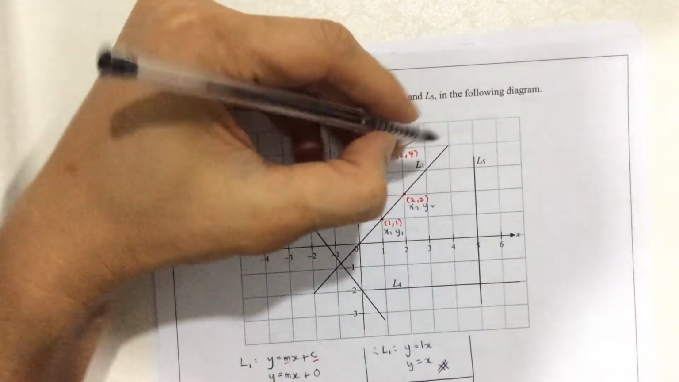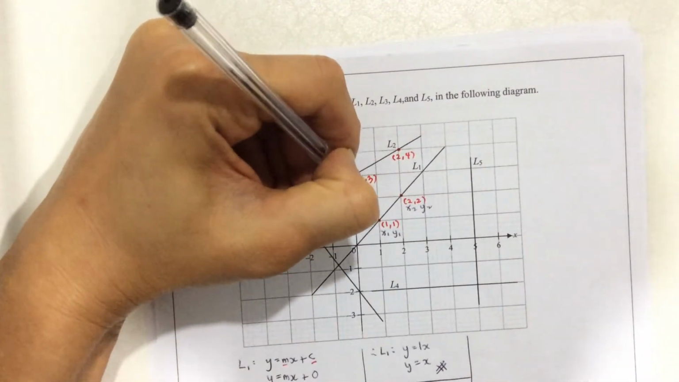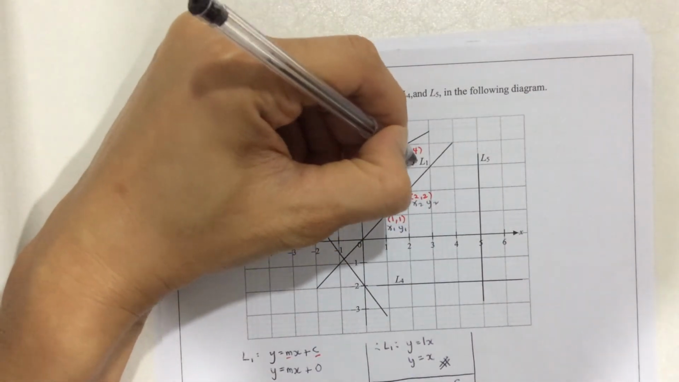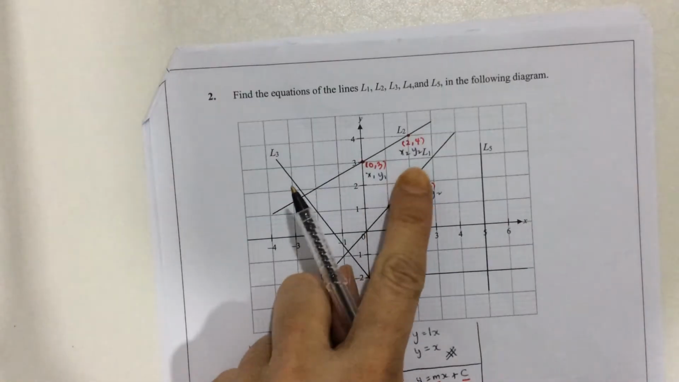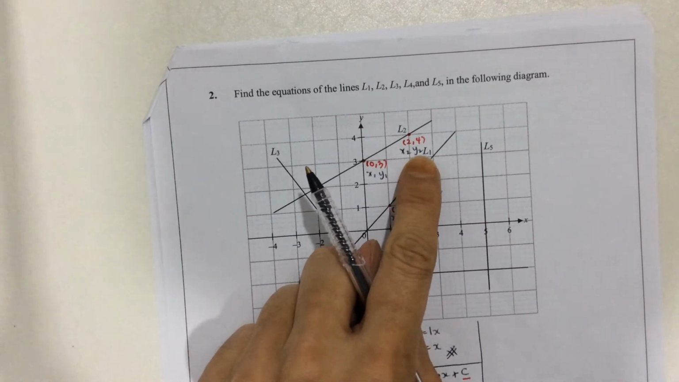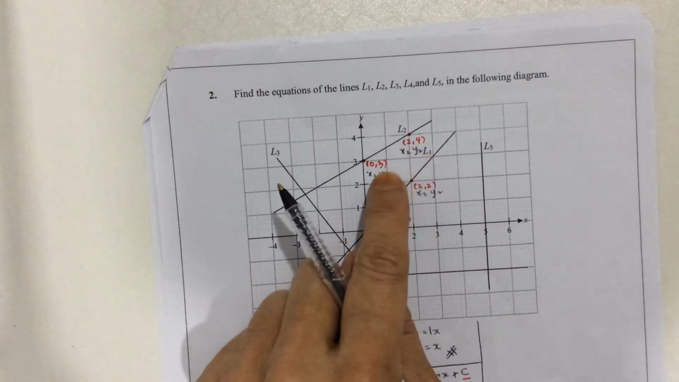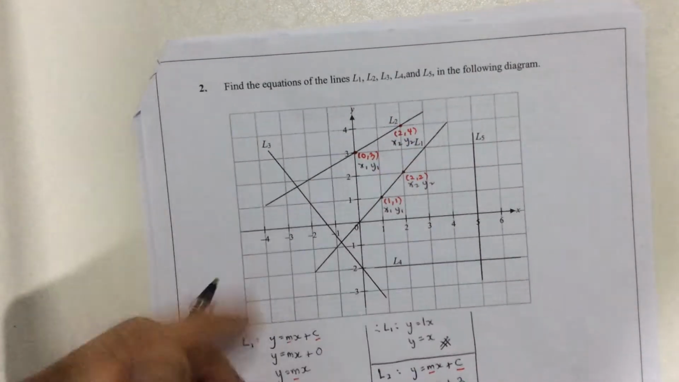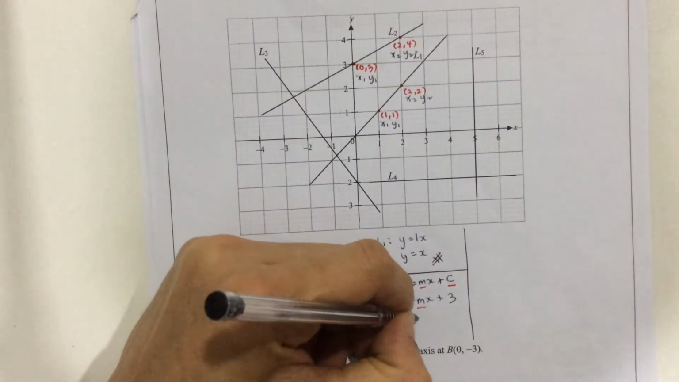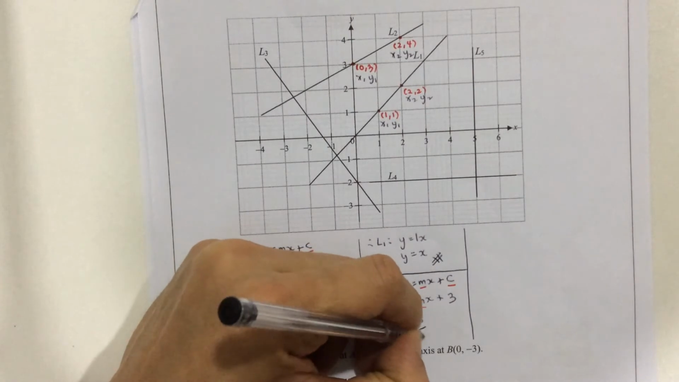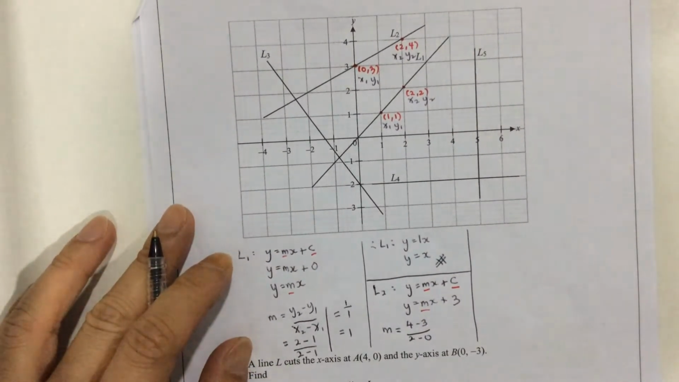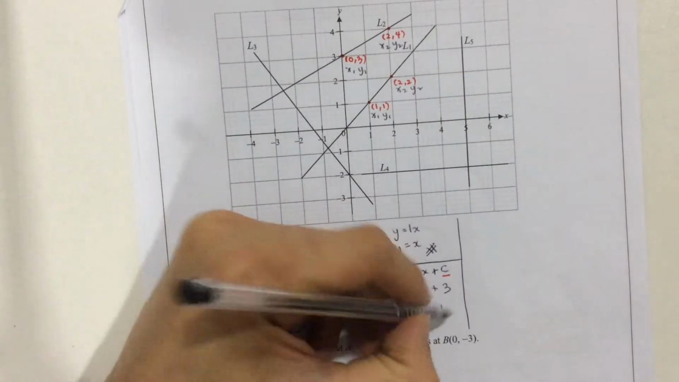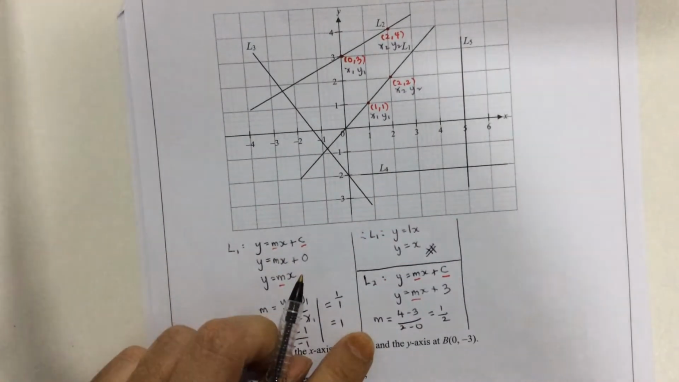So from here we have x1, y1 and x2, y2 label. I can find the gradient by using y2 minus y1, so that's 4 minus 3, over x2 minus x1, so 2 minus 0. So 4 minus 3 over 2 minus 0. 4 minus 3 has a value of 1, 2 minus 0 is 2, so the gradient here is half,